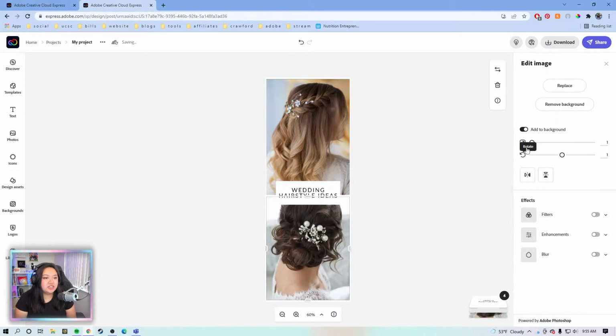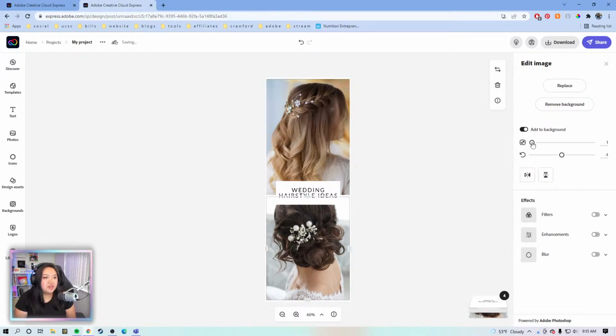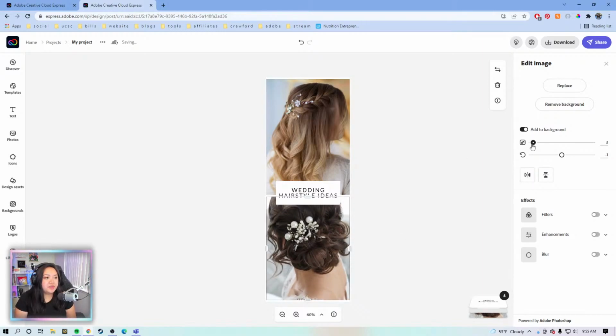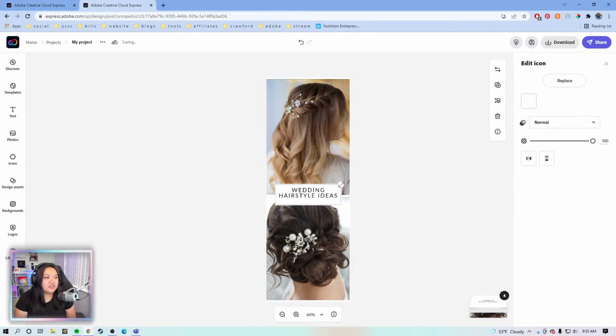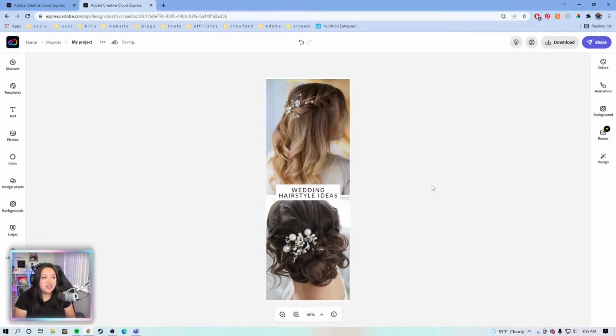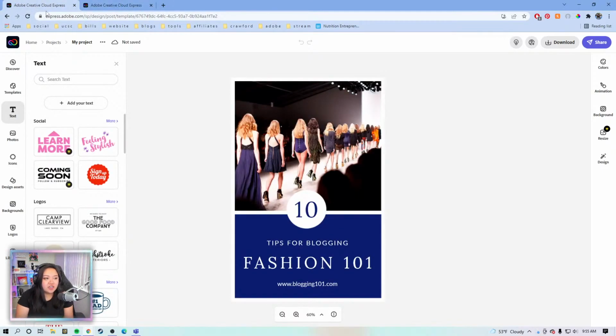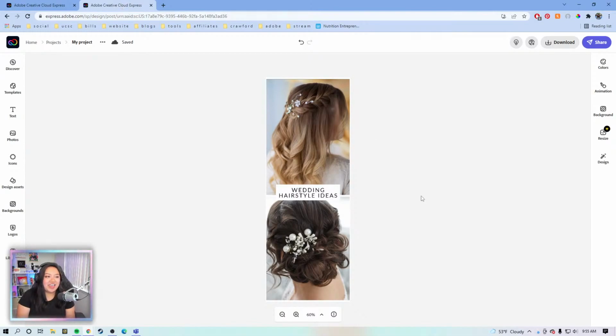So that's pretty good. Oh, now I need to flip it back, and then we're gonna zoom in a little bit, bring it down so you can see the nice hairstyles and stuff, and make some adjustments. And there you go. This is pretty much the second pin, which, by the way, let's refer to what the template originally looked like. We created it from this and now we're here, and it is gonna get even crazier,